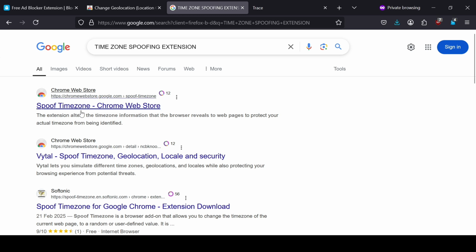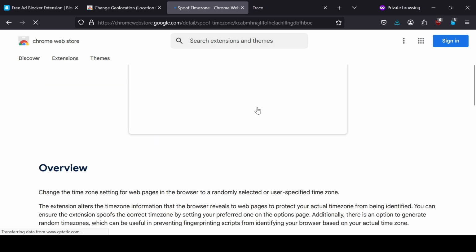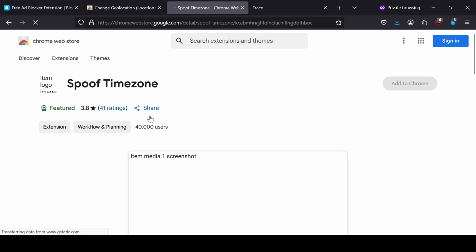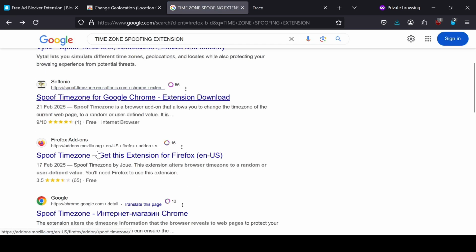So add it to your Chrome, download it. Add that to your Chrome. No, it's also for Firefox.